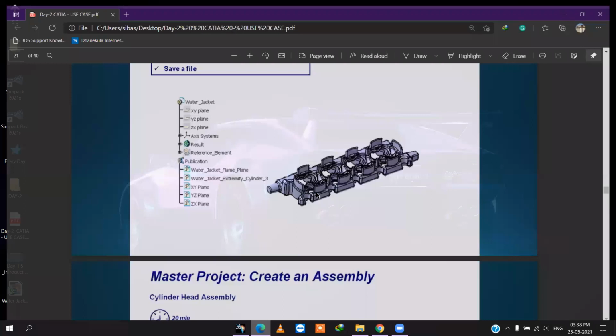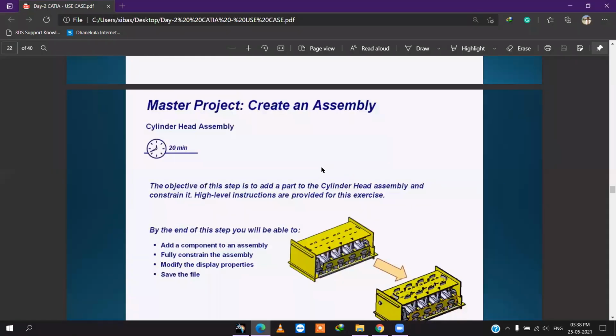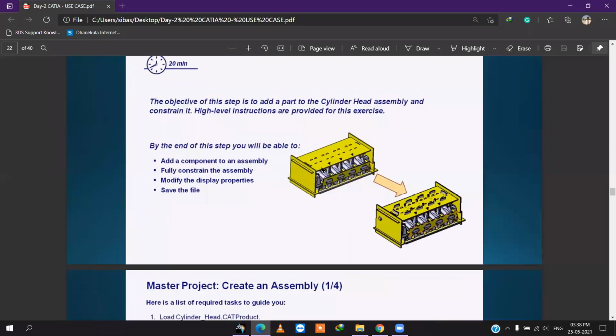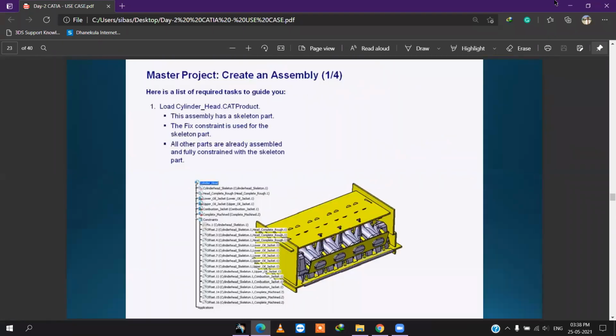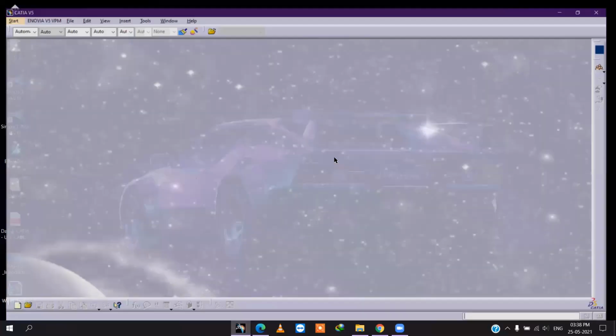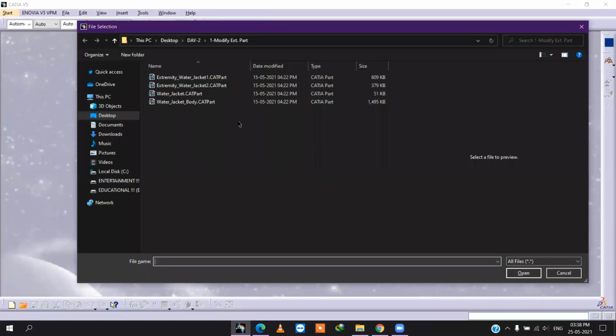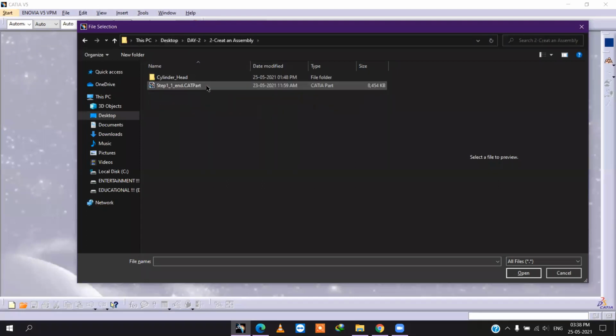After that, we have to create an assembly. Okay, load cylinder head. Control O. This one, create an assembly.